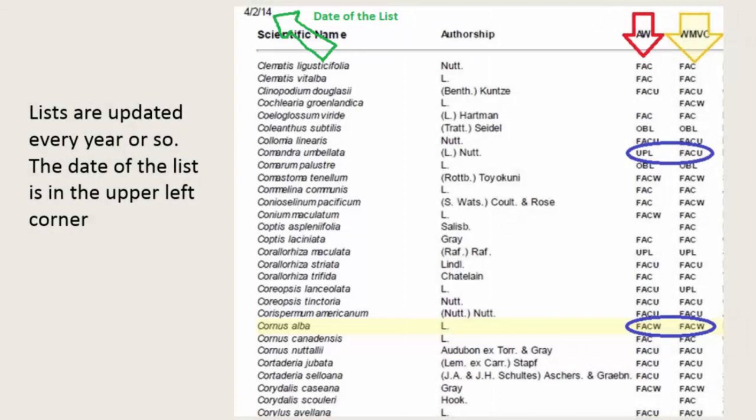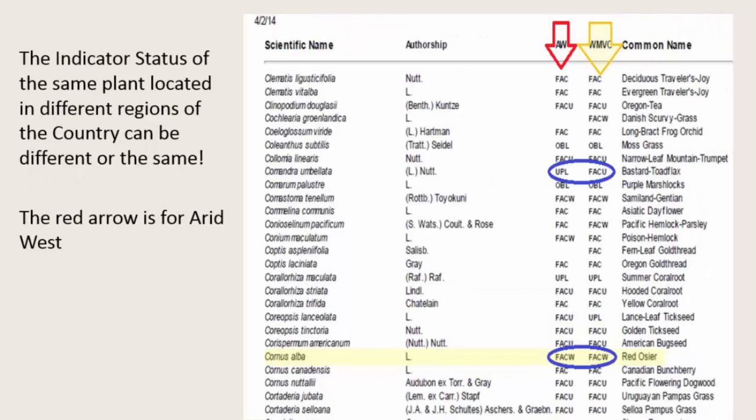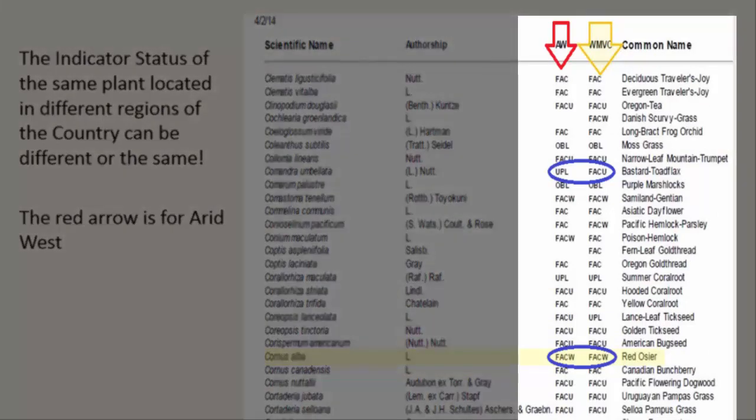The delineation manuals and supplements are different based in part on precipitation regimes. Of course, precipitation is going to drive the kinds of plants that live in a region and where they grow best on the landscape. The two different status lists for Washington State are shown on the left in this document. The AW column refers to the Arid West Status Indicator List, and the column WMVC refers to Western Mountains, Valleys, and Coasts Status Indicator List.